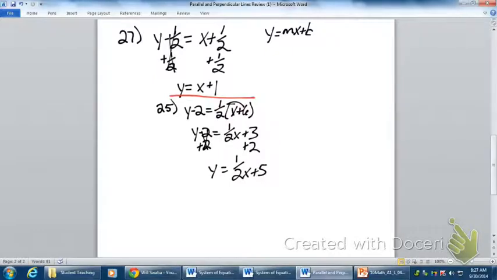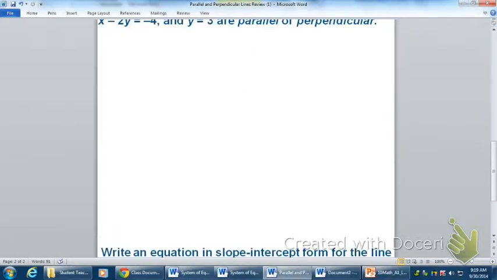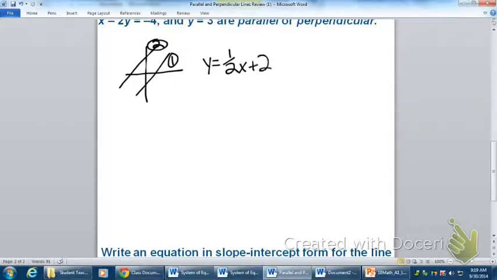That's it. This is a whole lot easier than going into standard form, as you can tell. Of course, if we're looking at a graph like this, you can tell if these lines are parallel, right? Now, another way you can tell is if you're just looking at the equation of a line. So if our equation of line 1 right here, and this is line 2, okay? So if line 1 was y equals 1/2 x plus 2,